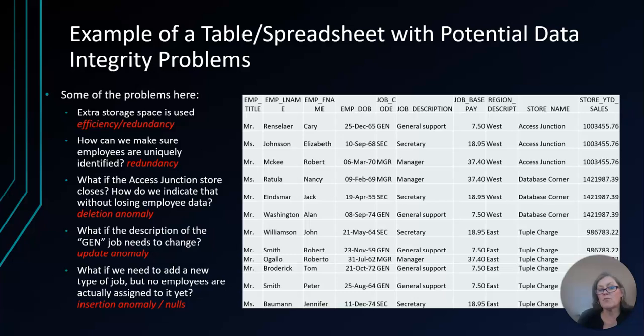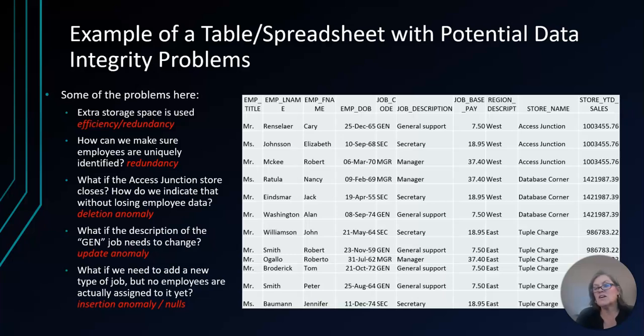But an even bigger problem is that we end up with anomalies or have the potential for that as we try to enter more data or edit data. Suppose an employee's job description changes, and we want to change from, say, general support to secretary. If we have to type in secretary, are we going to spell it correctly? Or we add a new person, are we always going to type that job description exactly the same way? Is date of birth going to be entered using the same format every time? And so